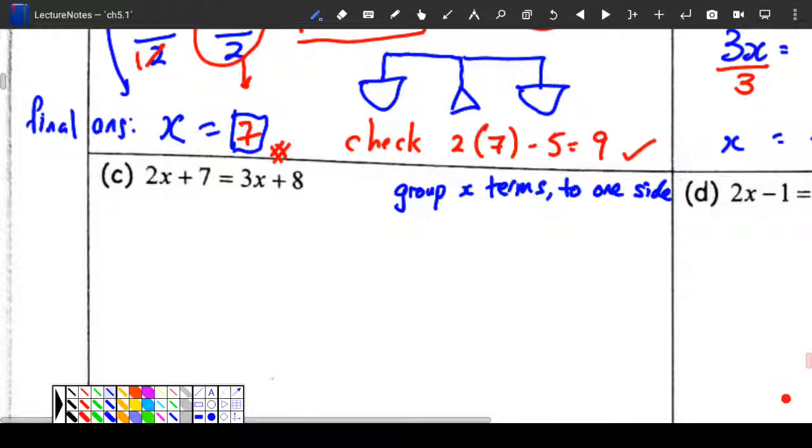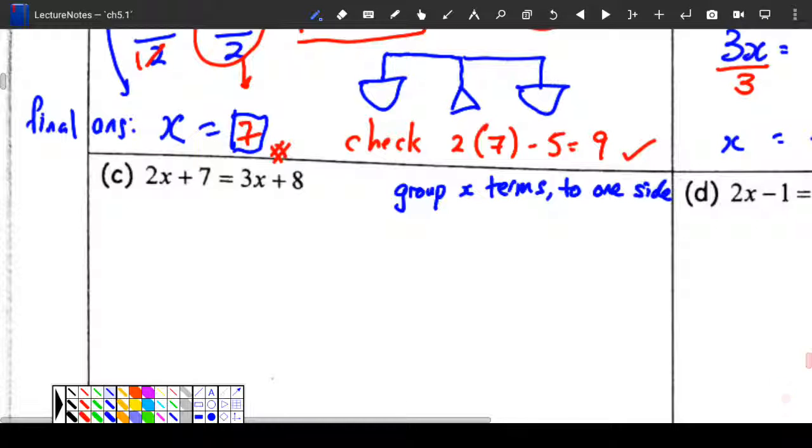3x means I want to move the 3x to the left hand side. How do I move? I will need to minus 3x. Why? 3x minus 3x will give you what? 0. That means 3x is no more there. Can follow? But because I minus 3x here, what must I do here? Minus